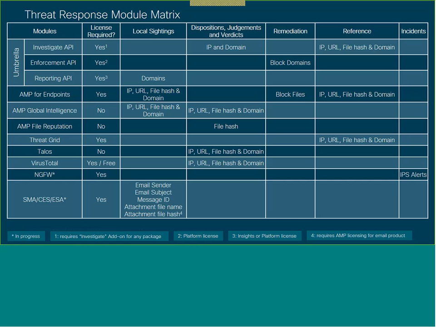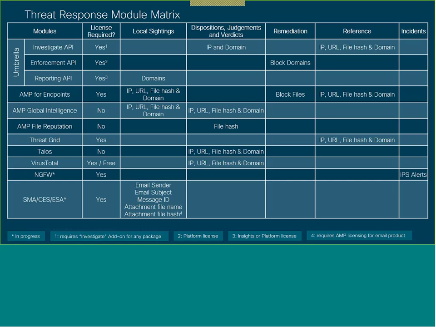You can mix and match them as you need to within Umbrella, depending on what your customer has. So just because they don't have all three of these doesn't mean that they can't use Umbrella. It just means that they can't use Umbrella to do the specific parts that one API provided. So for example, you can get local context and global threat intelligence without having the reporting API, without having the enforcement API and being able to block domains, or you can get your reporting API and your enforcement API together,